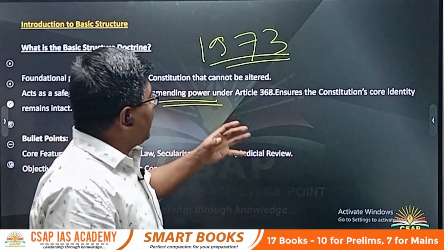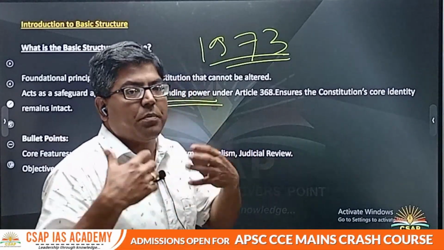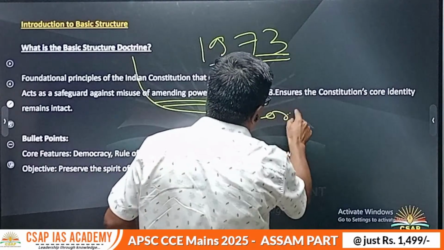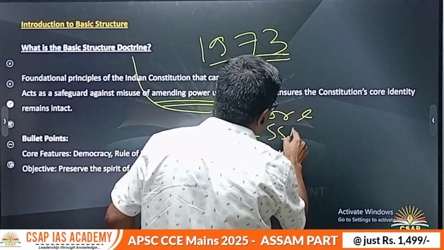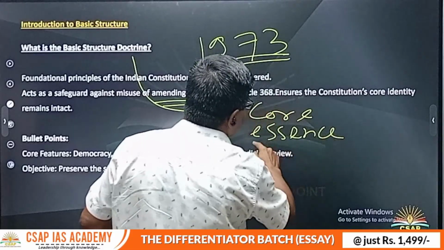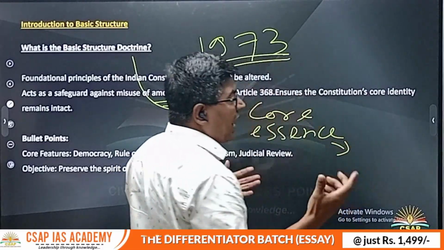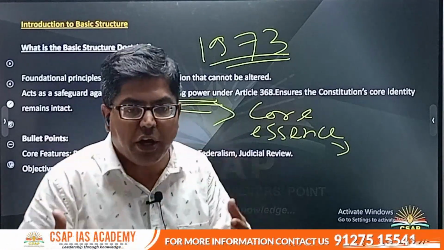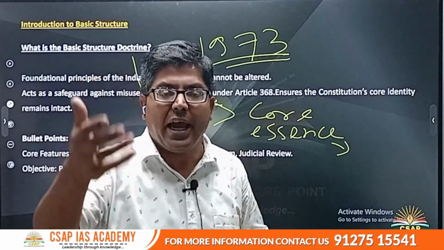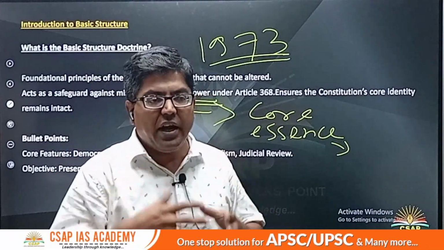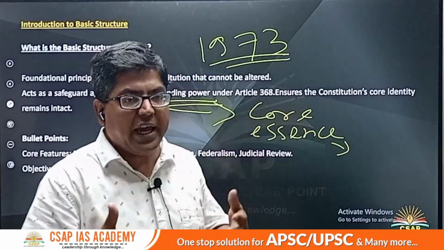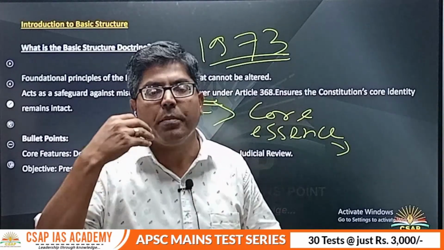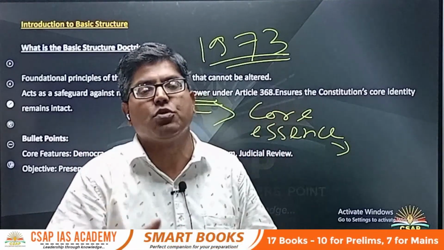So through the basic structure, the essence of the constitution, basically the basic structure says that the core of the constitution cannot be violated at any cost, right. It has to be preserved, no matter what kind of majority any political party may have in the parliament. It feared that if such checks are not there, then tomorrow the parliament may abuse the power. There may be a brute majority in the parliament, and what if the entire constitution was changed?